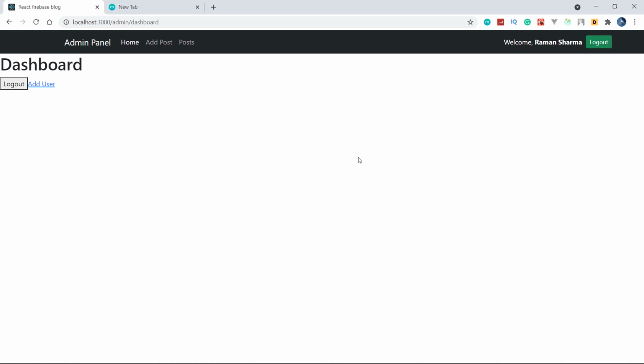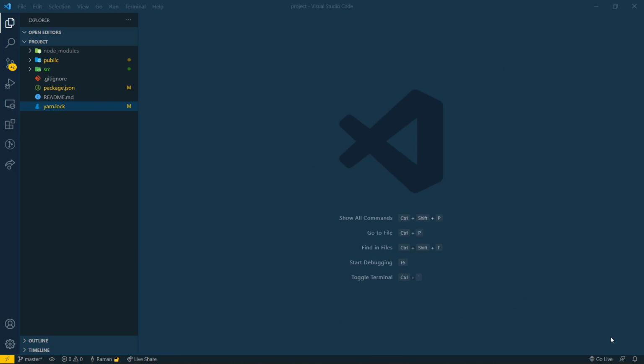So that's fine, we can also add it to Firebase, as we are not using any GitHub actions and everything. So that's why we are going to just do it like that. Now let's see what we can do in the admin panel homepage. Without wasting any time, let's get into it.